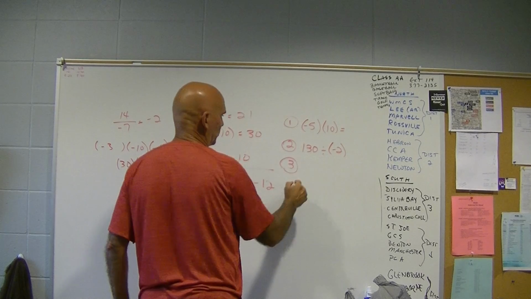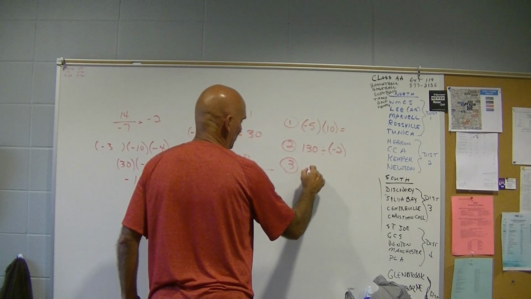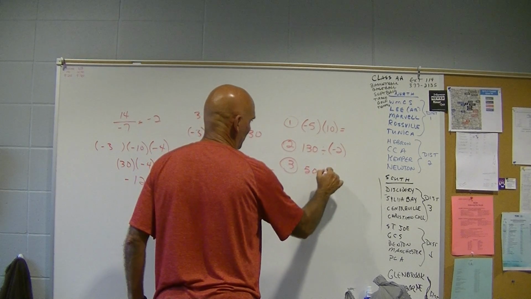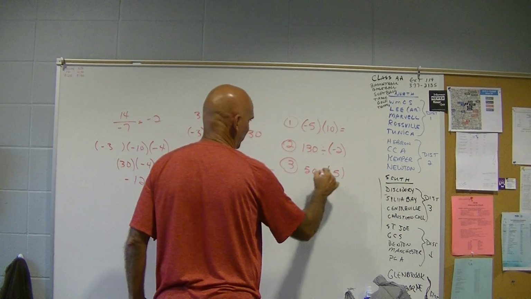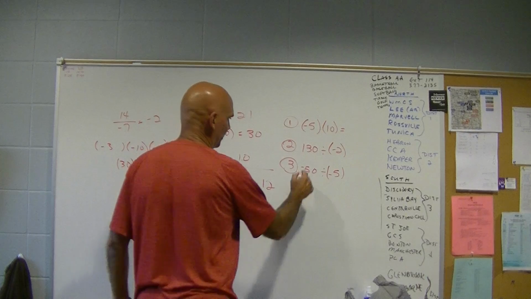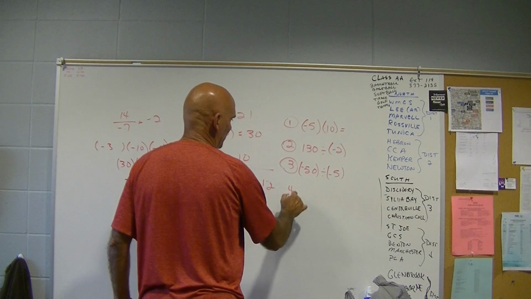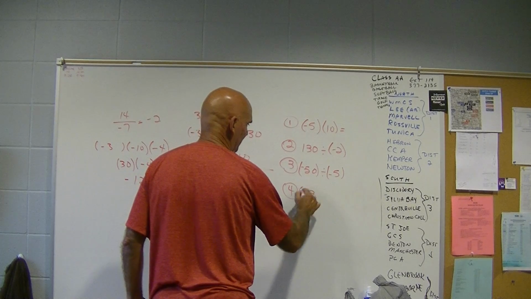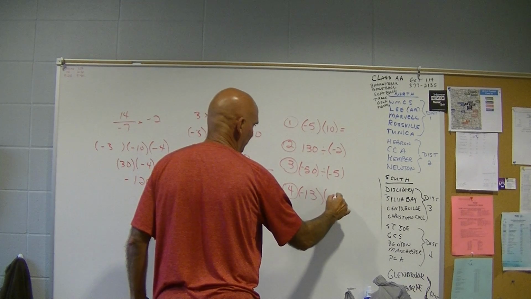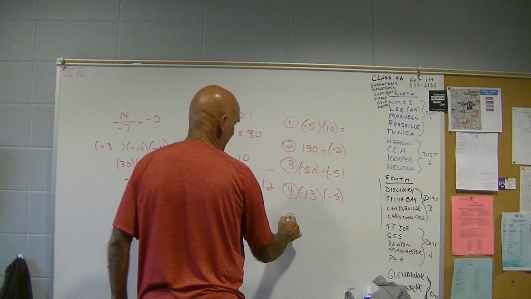Number 3 is going to be 50 divided by 5, and here they're both negative. Negative 50 divided by negative 5. There you go. Number 4 is going to be negative 13 times negative 5,